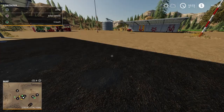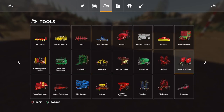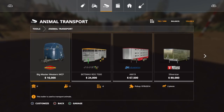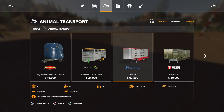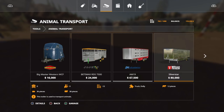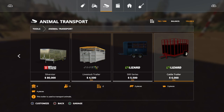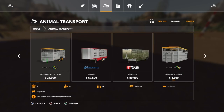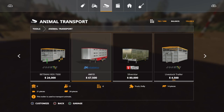Alright, let's take a look at our handy dandy app and see what we've got that we can use here for animal transportation. Six, 14, 12. And those are going to require a truck that goes with a hook lift. It only takes two. Alright, if we use this, it'll take us 3 trips. If we use either one of these, we can do it in 2 trips, but we still need...